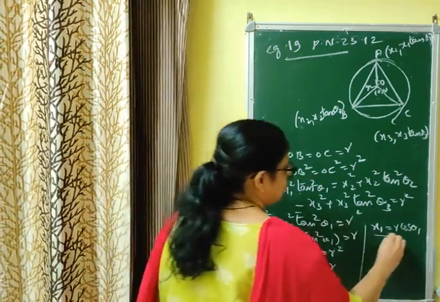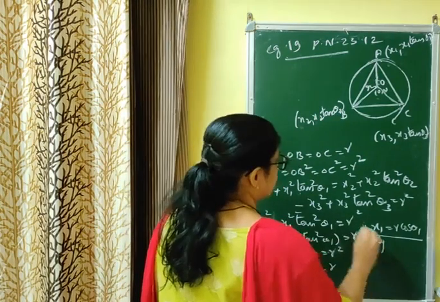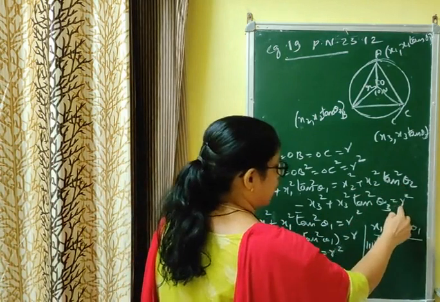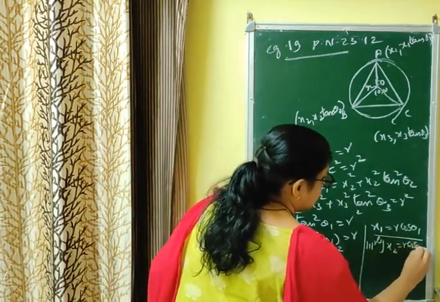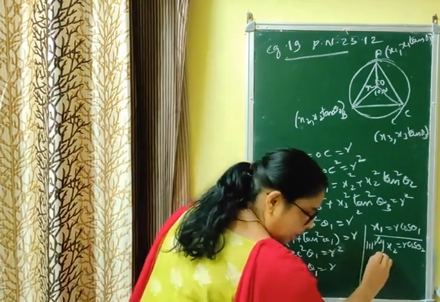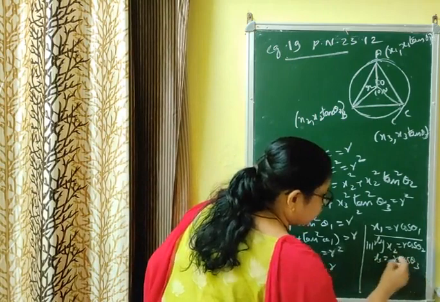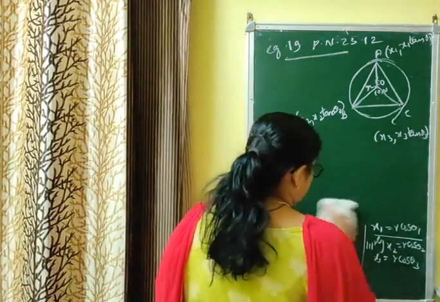That is the value of x1. Now similarly, I will not do each one. Similarly, x2 squared plus x2 squared tan squared theta 2 equals r squared, you will get x2 equals r cos theta 2, and x3 is equal to r cos theta 3. If you want to do this step also you can do. Now this much you have got, that means x1 you have got.